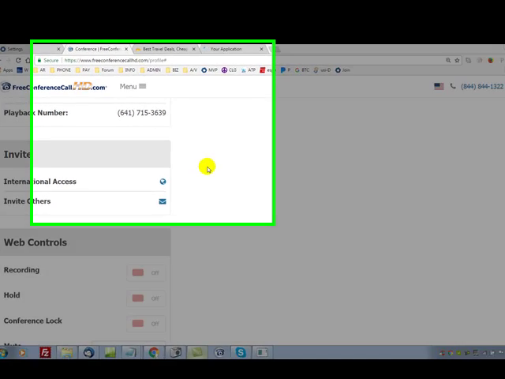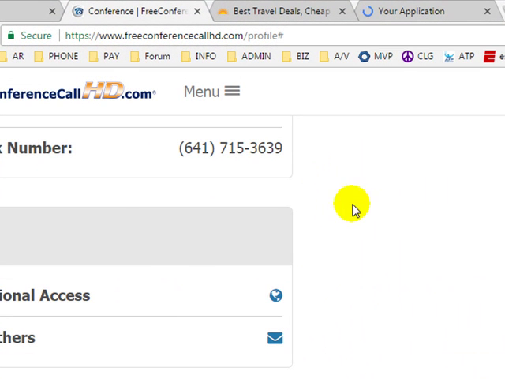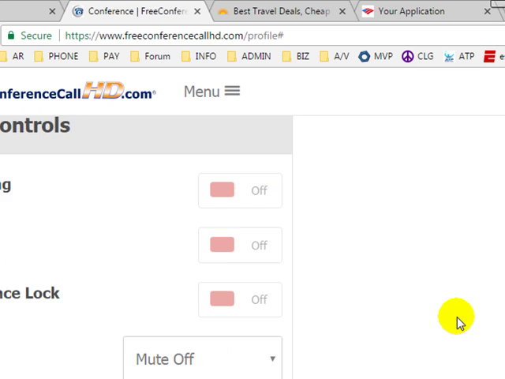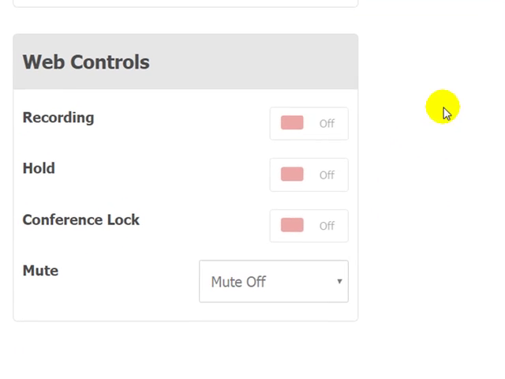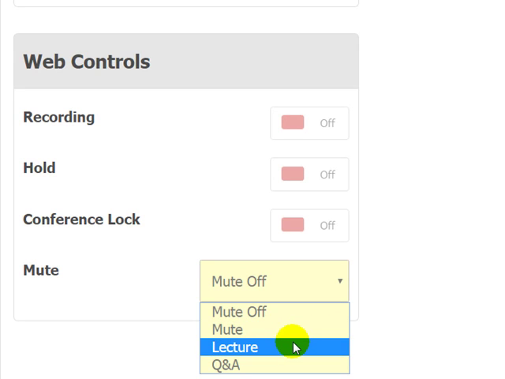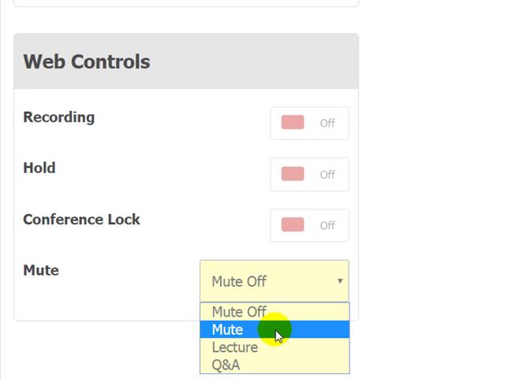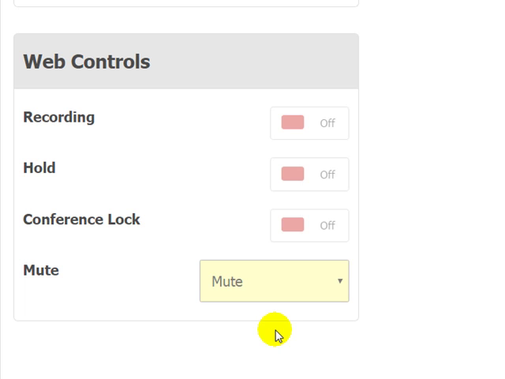When you first log in, this is what the dashboard looks like of the free conference call. And it's very simple to use the control. If you want to put the call in a lecture mode, that means everyone will be muted. If you click on mute, that means that everyone's line is muted and they can unmute themselves